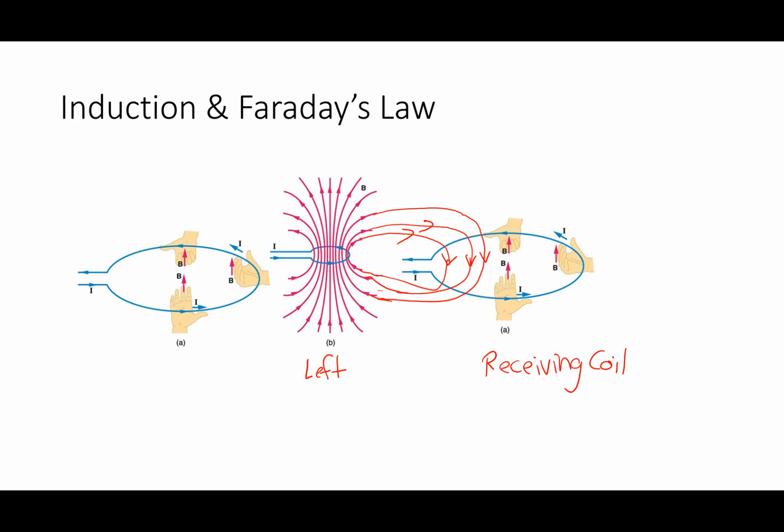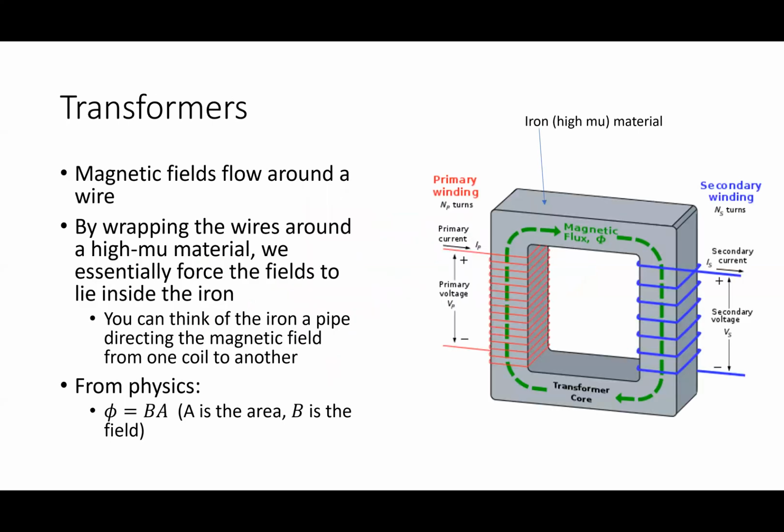What I can do, so if you've ever seen a real transformer, do you ever have two coils just sitting there in space? What do you have when you have a real transformer? You have a core. You have an iron core to carry the magnetic field around into the other coil. So it used to be back in the old days, you actually would learn about what they call magnetic circuits, right? Which is to say what I do is I put a voltage source on what I call a primary winding.